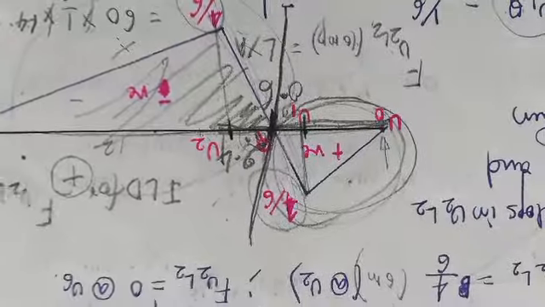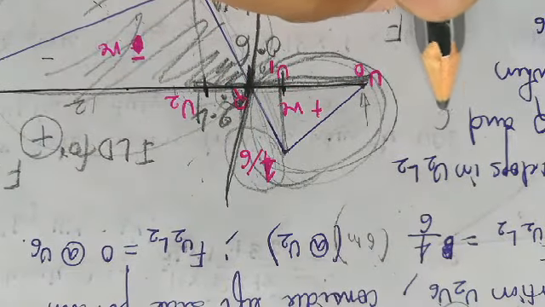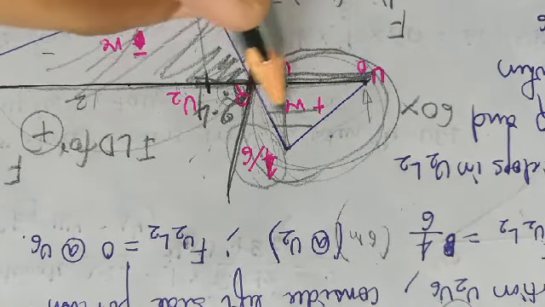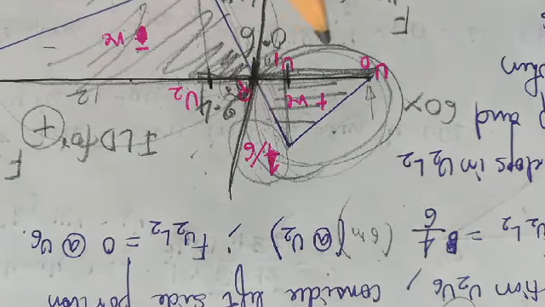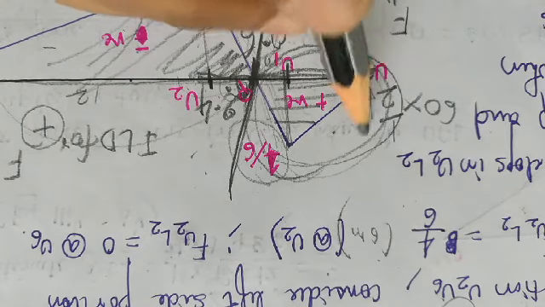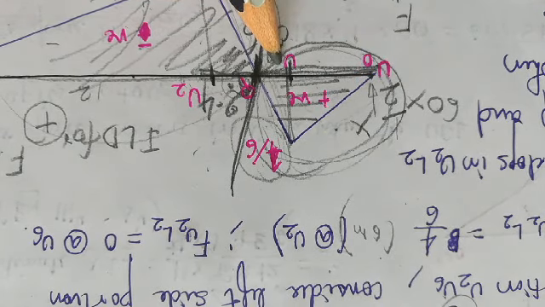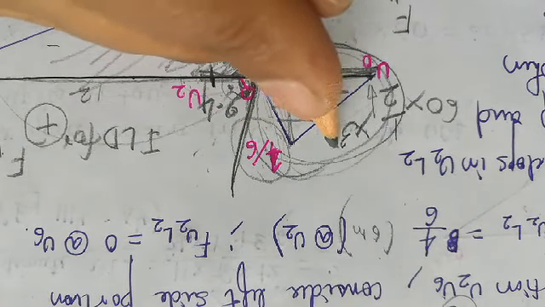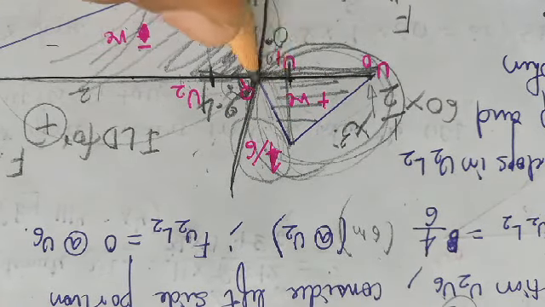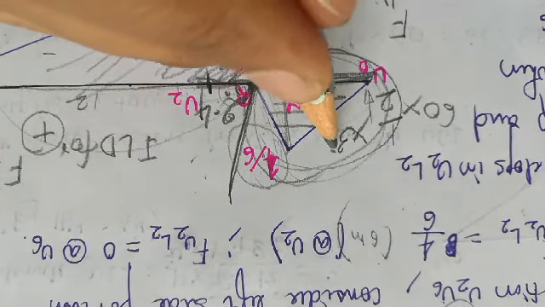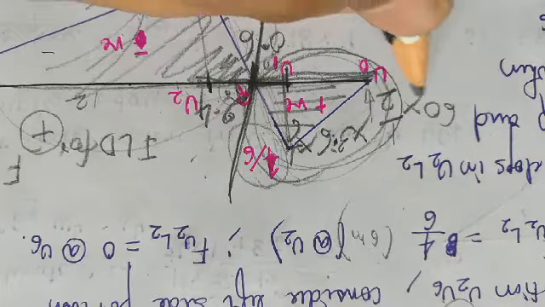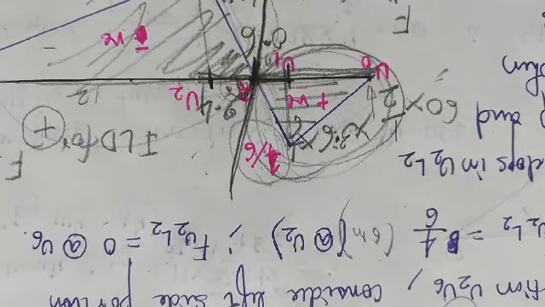If I want the tensile force in this, it will be the same: load multiplied by the area of this positive triangle. Half base will be U0 U1, which is 1 part, so it is 3 meters, plus 0.6, so this is 3.6, multiplied by the height, that is 1 by 6. If you do this calculation, you will get the compressive and tensile forces.